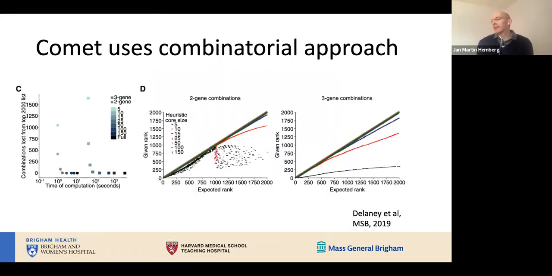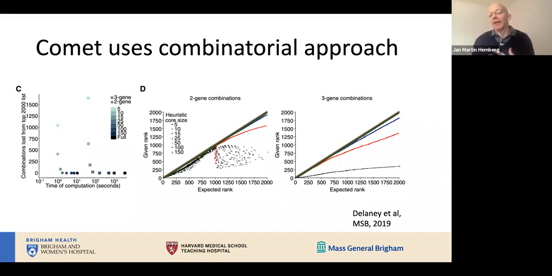Pretty much all clustering packages will get you a list of marker genes for each of your clusters. There are, of course, specialized methods for finding marker genes. One such method is called COMET. And unlike what most clustering packages do, which is just look at each gene individually, it uses a combinatorial approach to try to find the best set of genes that will represent each